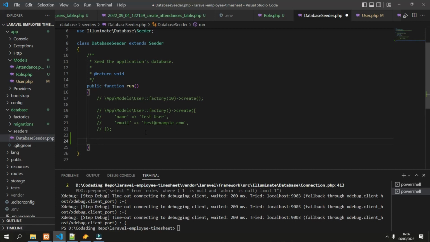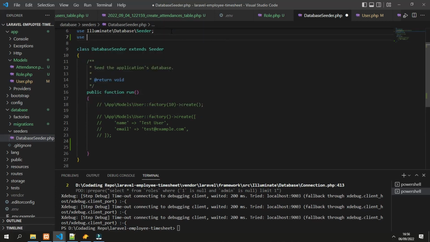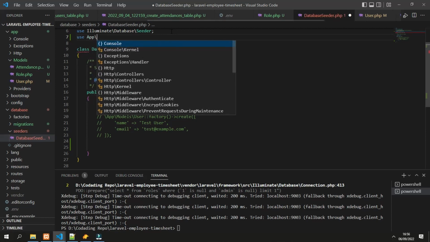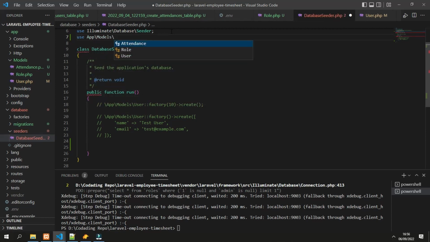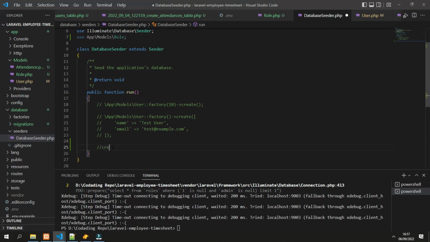This time it will be roles with the help of the role class. Next we import the role class first: use App\Models\Role. We will create roles here. The first role would be admin and the second role would be employee.